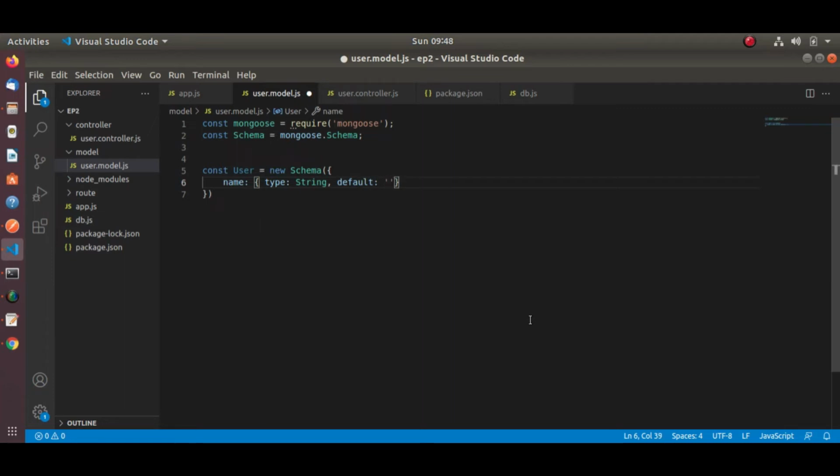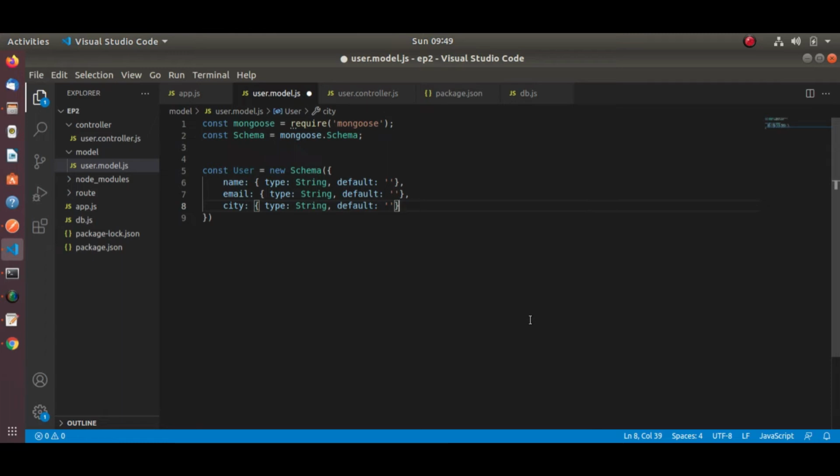Okay, next is email, same type string, and let's put the default value blank. City, type string, blank.